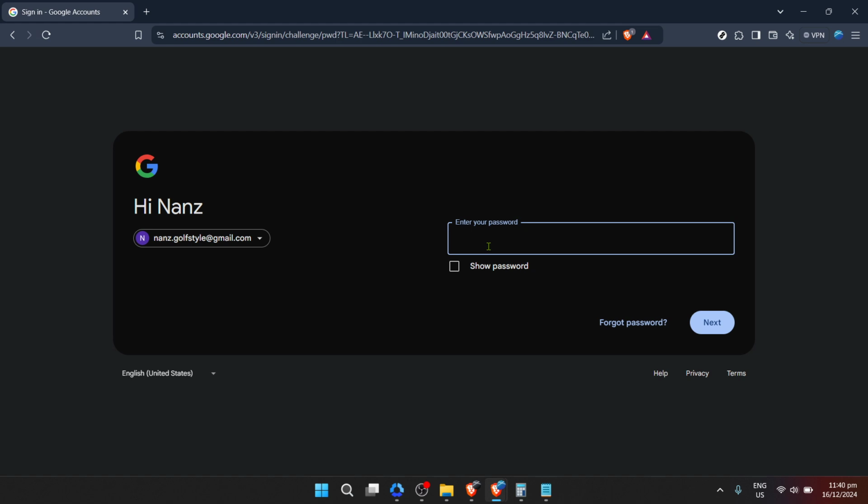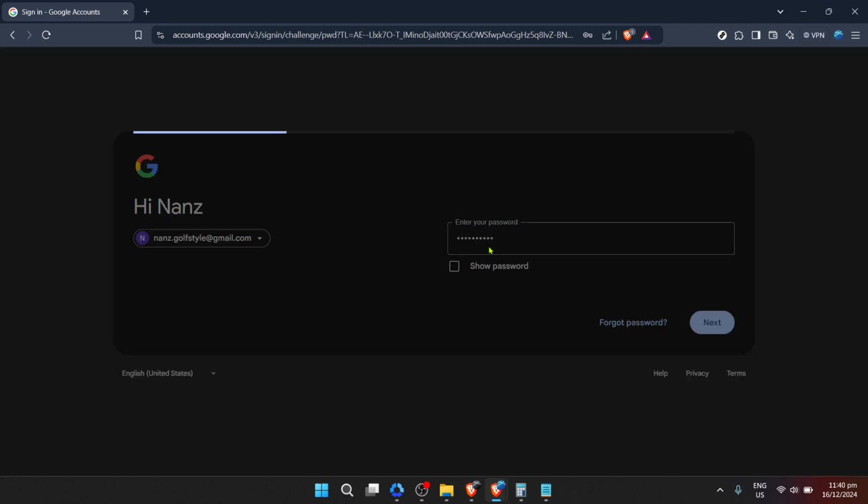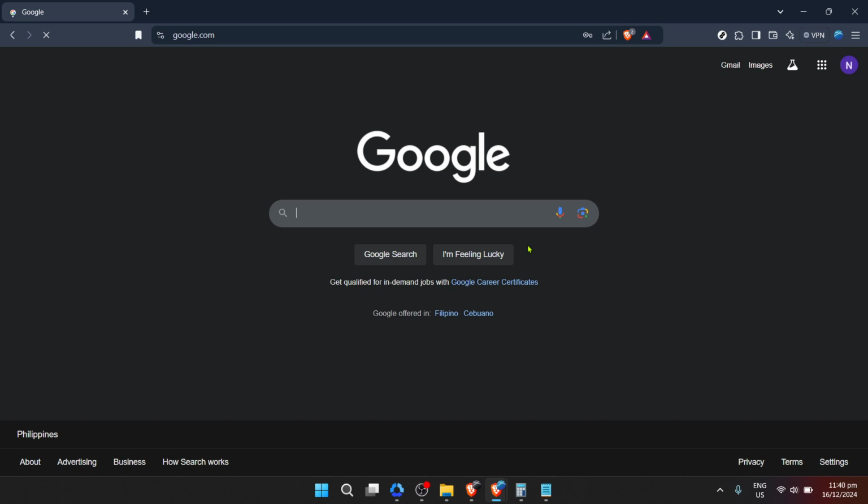Start by typing in your email address. Make sure you're entering the address associated with the Google account you wish to use for managing your tasks. After inputting your email, you'll be prompted to enter your password. Remember, your password is the key to your personal data, so keep it secure and never share it with others. Once you have entered your email and password, look for the Next button to proceed. This action signs you into your Google account, granting you access to the myriad Google services available.